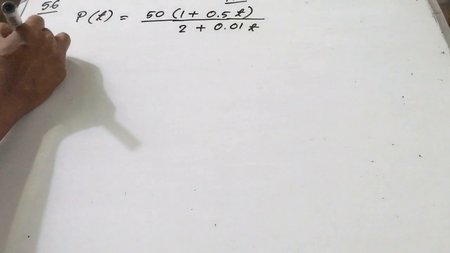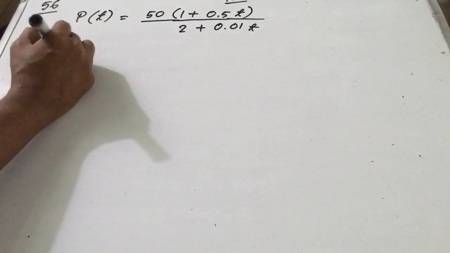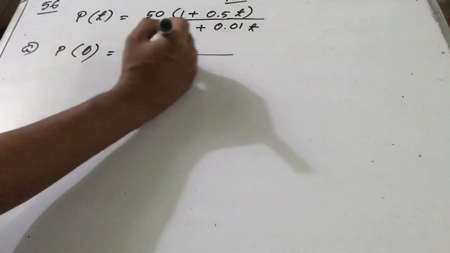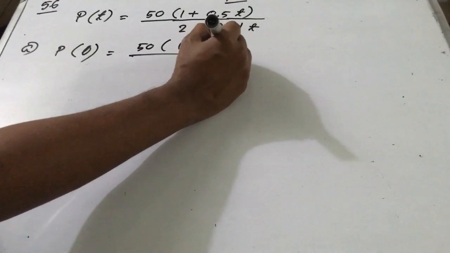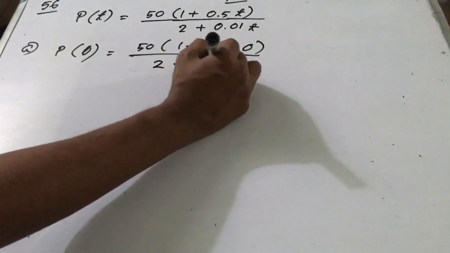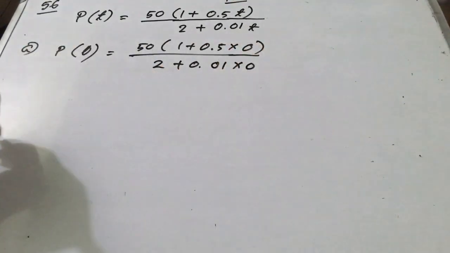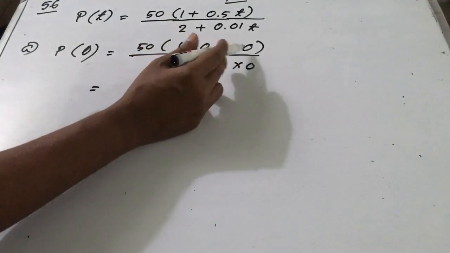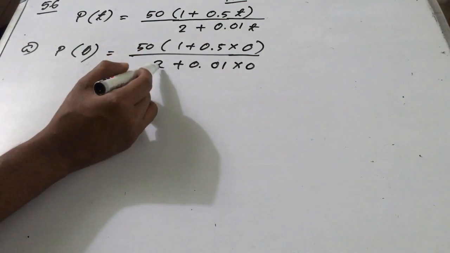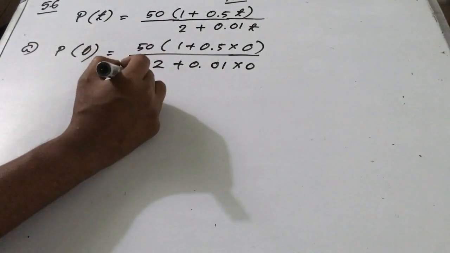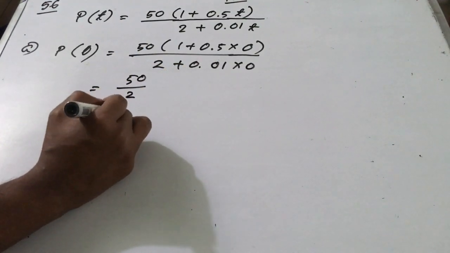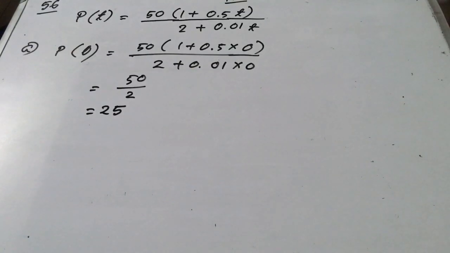So when t equals 0, we write P(0) = 50(1 + 0.5 × 0) / (2 + 0.01 × 0). You see, 0 times 0, this term will become 0, and this term will also become 0. Only the 1 will remain, and the 2 will remain with this 50. So 50 times 1 equals 50, divided by 2. So the answer is 25. That means 25 is the number of insects